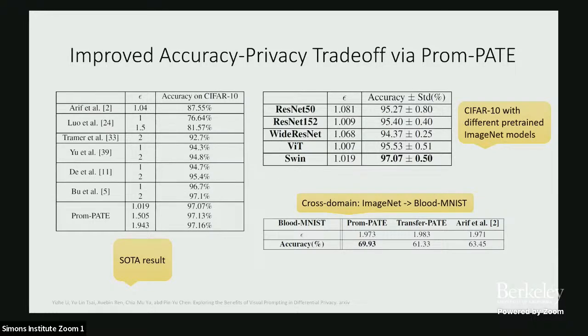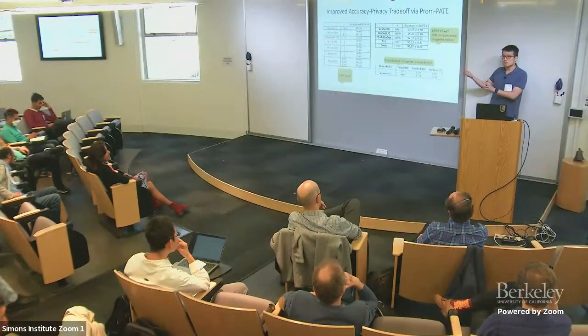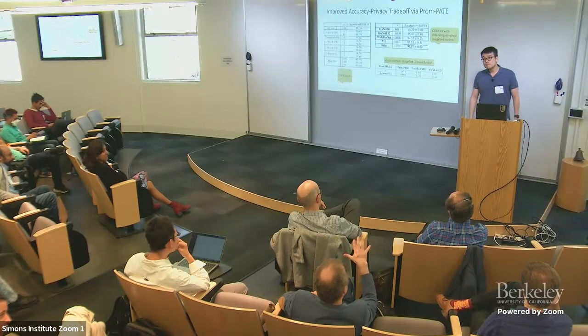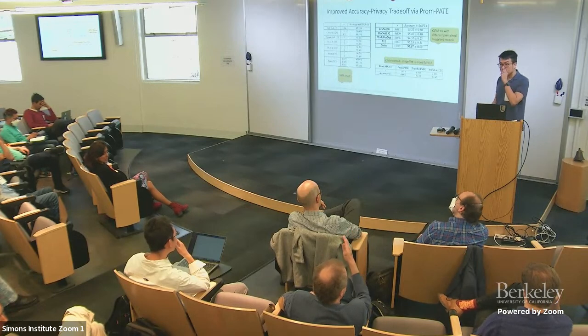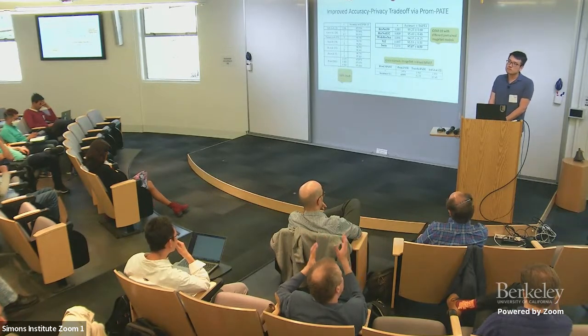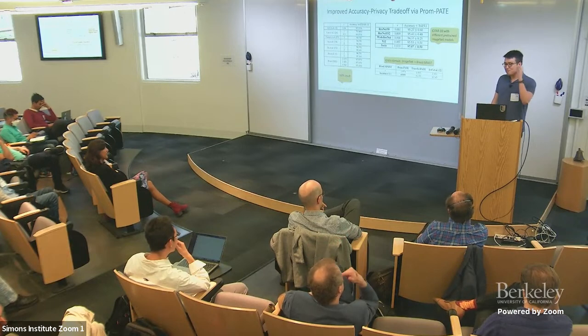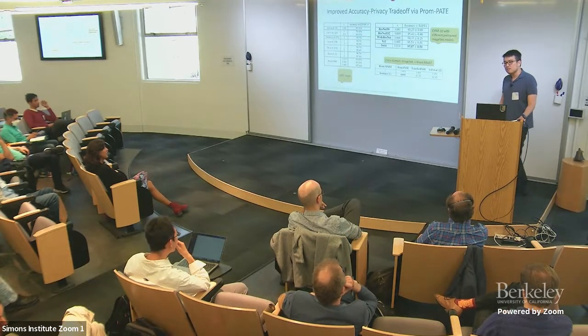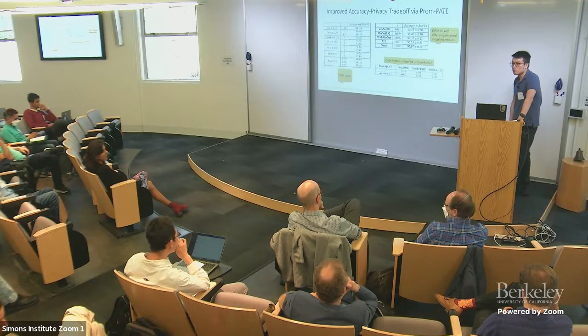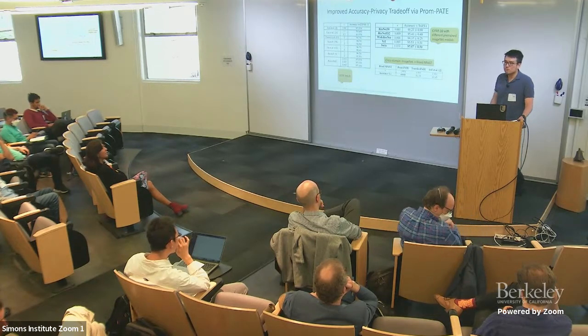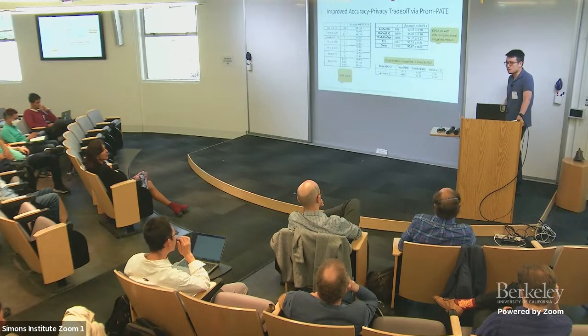Yes? Do you compare your reprogramming with fine-tuning methods? Yes, that would be this one. So this transfer PATE is basically taking the pre-trained model and only fine-tuning some layers. But fine-tuning layers is not the only way. There are lower-rank types of methods. Oh yes, LoRA is something that we are investigating, but I haven't had the comparison yet. But I would expect it also benefits. It will also improve the privacy-accuracy trade-off for sure because of the parameter efficiency.